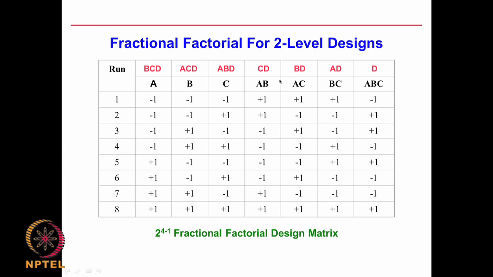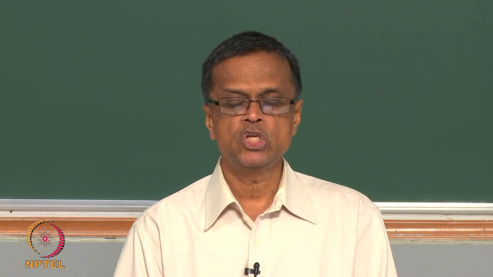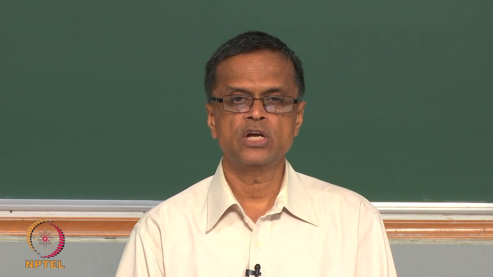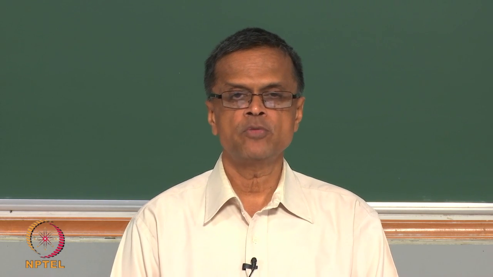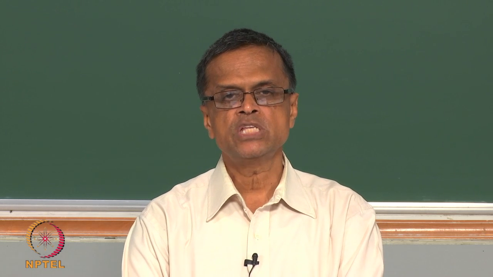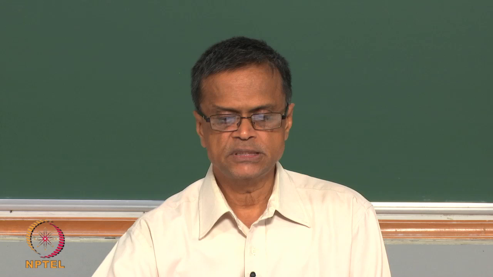So, some information is lost, but what has happened? I have reduced the number of experiments. Instead of doing 16 experiments, that is 2 raised to the power 4, that is 4 factors A, B, C, D, I have reduced it by half. So, this is called a 2 raised to the power 4 minus 1 design. 2 raised to the power 4 minus 1 is 2 raised to the power 3, which is 8 experiments. But in the bargain, what has happened? Some